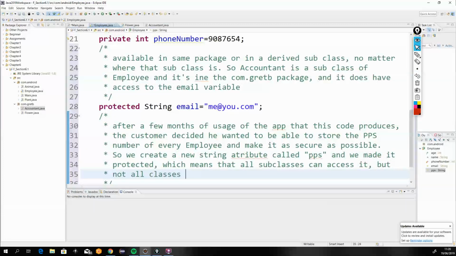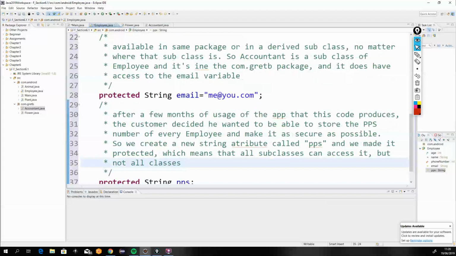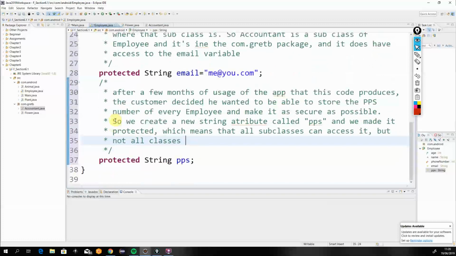Okay? So only if it's public can all classes access it. And we'll just give it a value of, I don't know,